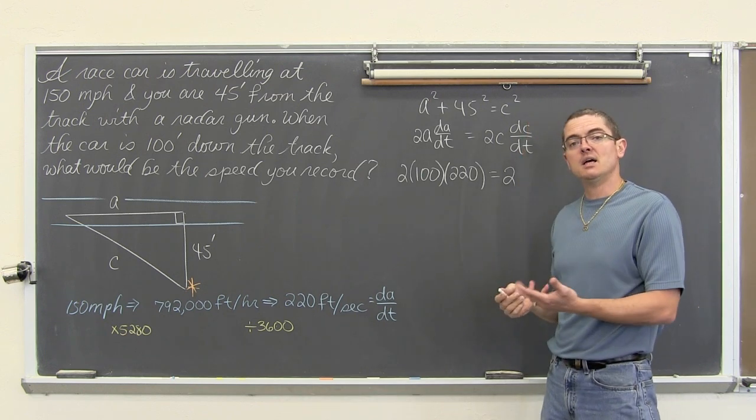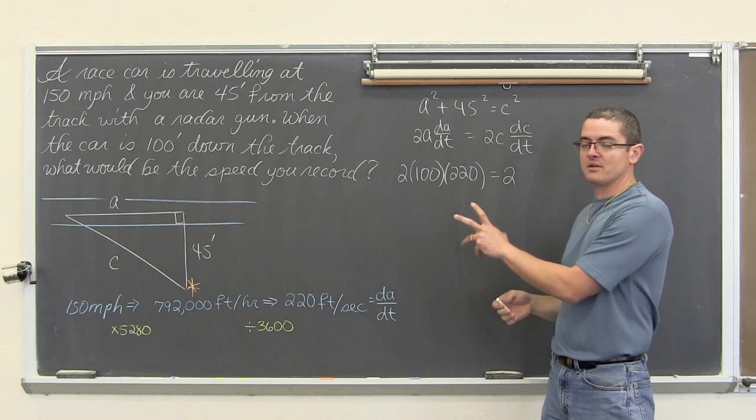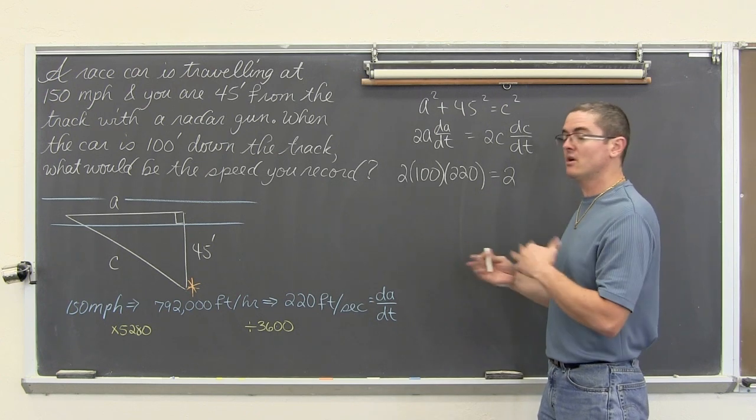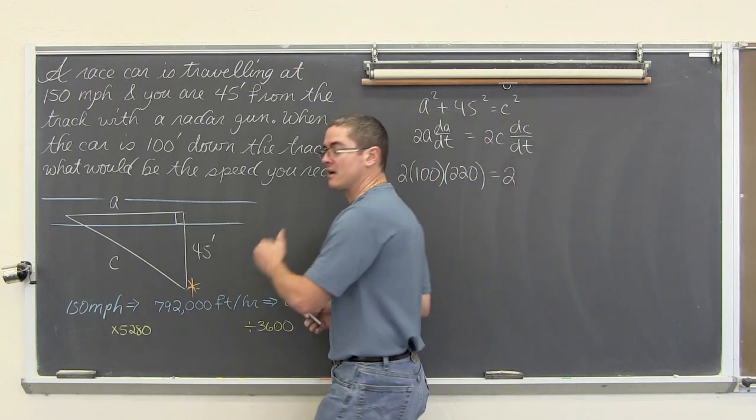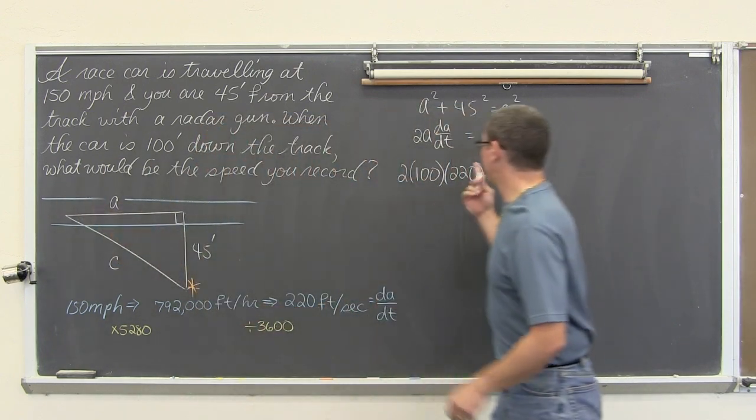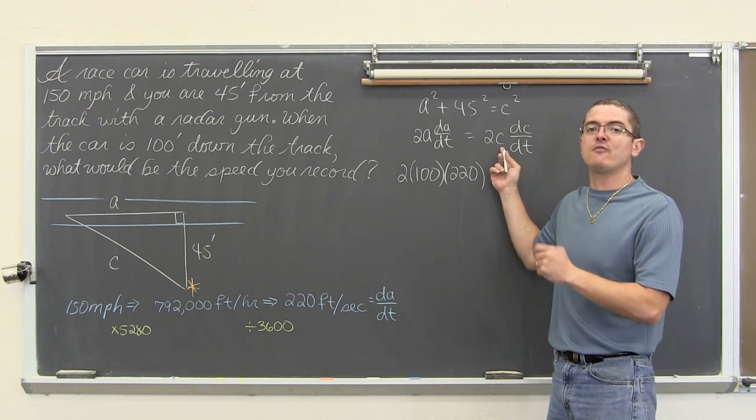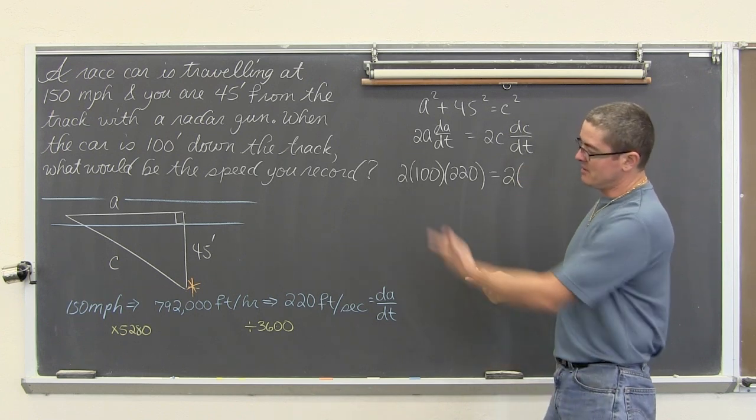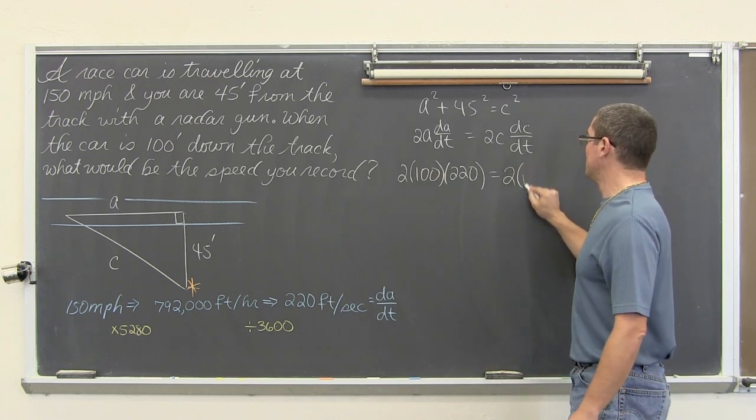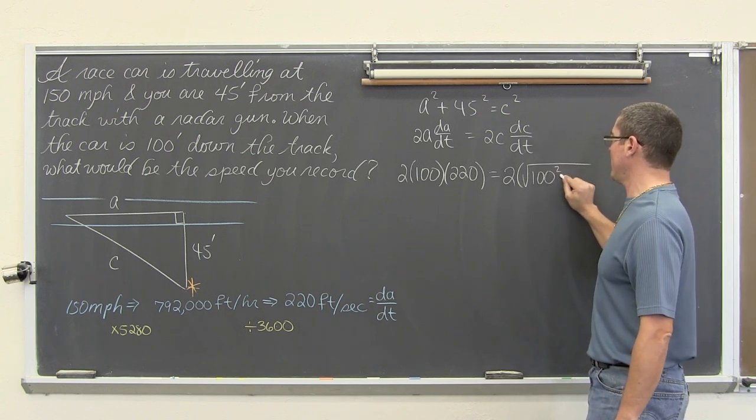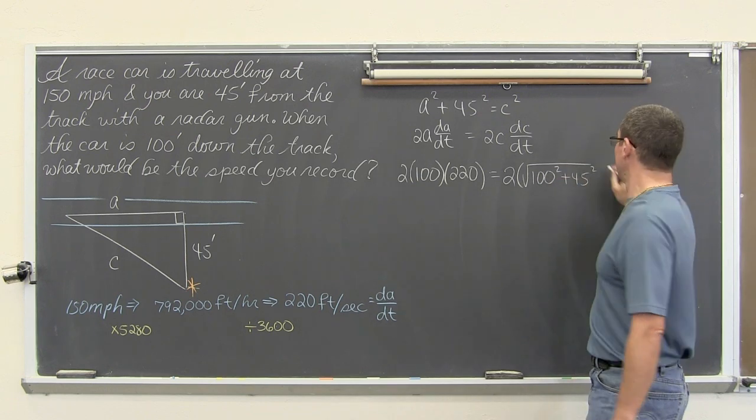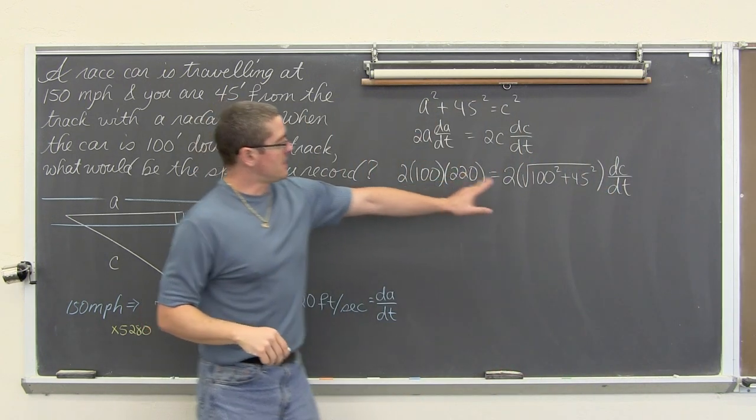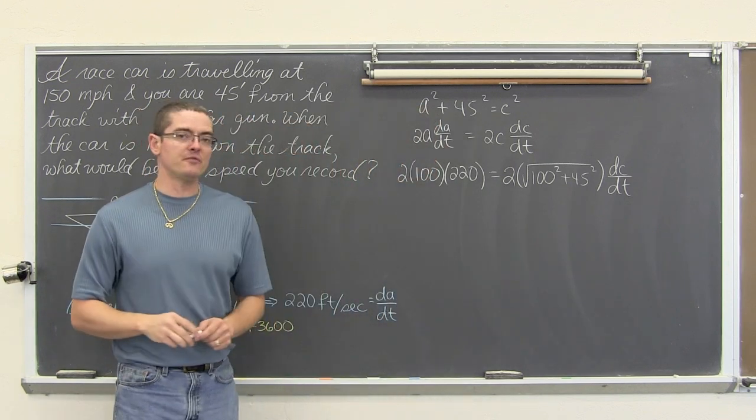now what's c? Here's where we actually put the numbers into the triangle, get a fixed triangle, and ignore the whole rates of change for a second. If you're 45 feet off the track and the car is 100 feet down the track, the formula is asking us to know what c is, to know how far away the car is from where we're standing. So when it's 100 feet down the track, c is, well, by the Pythagorean Theorem, the square root of 100 squared plus 45 squared. And then dc over dt. We're going to divide both sides by 2 times the square root of 100 squared plus 45 squared